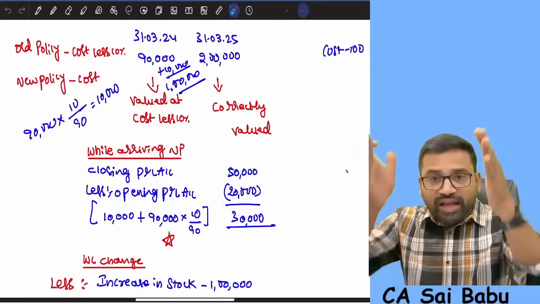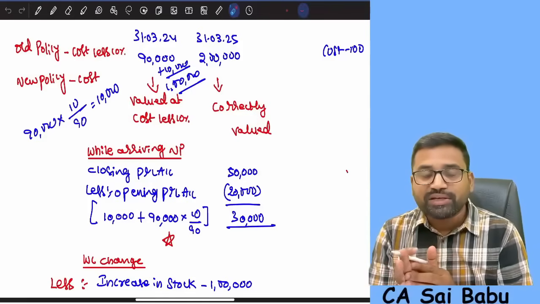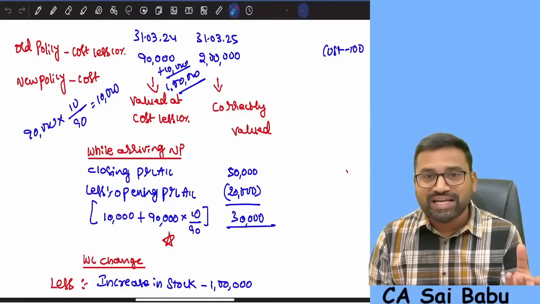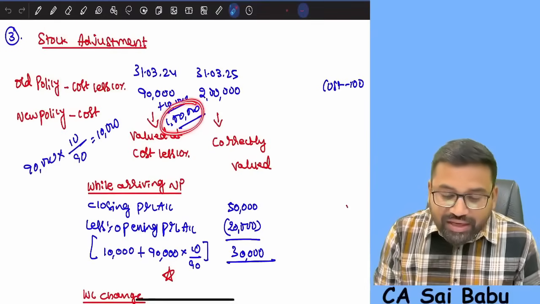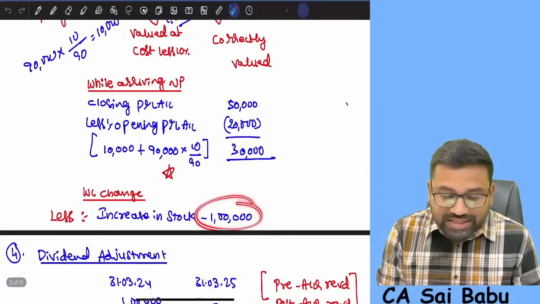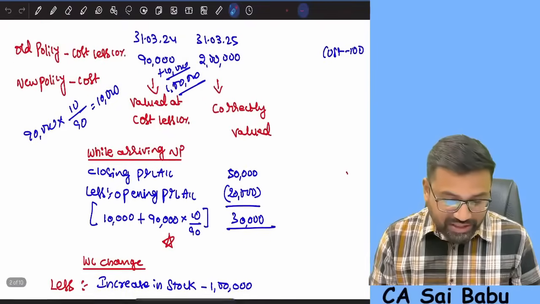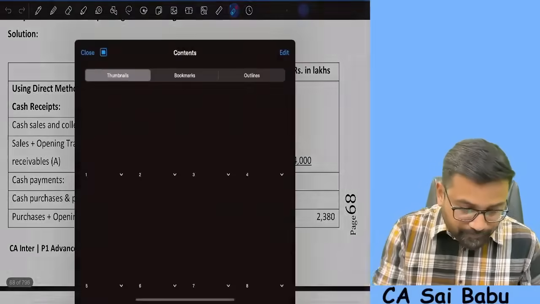And then again, when you are ascertaining cash flow from operating activities under indirect method, working capital changes we will adjust now. That means the difference between current assets and current liabilities. Now since here my opening stock is now correctly valued at 1 lakh, my closing inventory 2 lakhs, so the difference 1 lakh I will adjust as working capital changes to ascertain the cash flow from operating activities. Okay, so I will show you this question also, sir. One question,